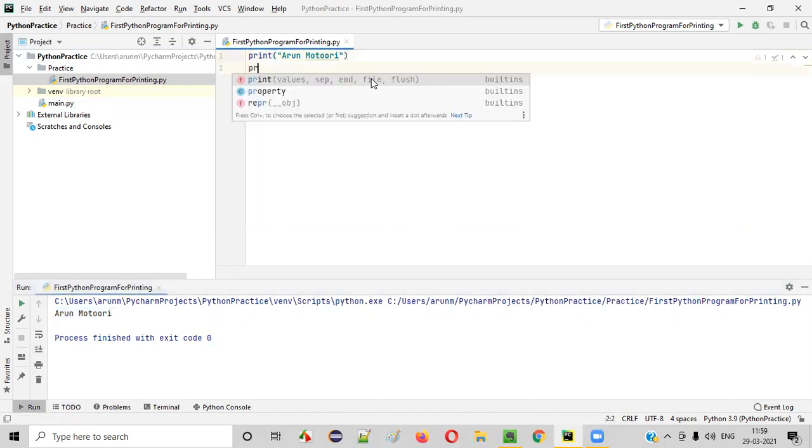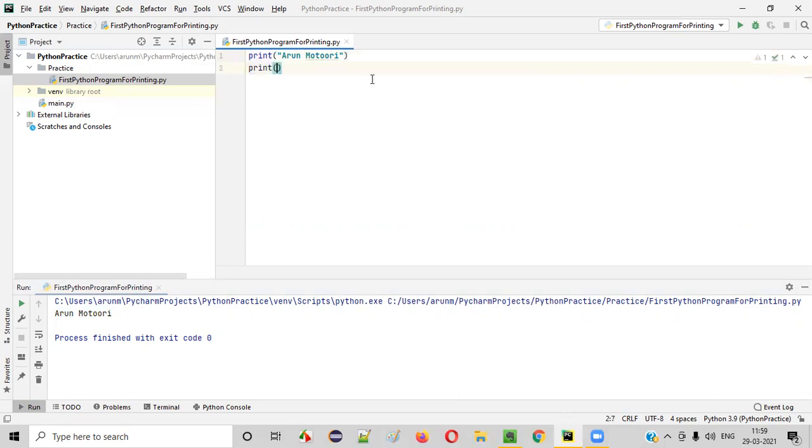Similarly, I'll type one more print statement. So here this time guys, in the first print statement, I surrounded the text that needs to be printed into the output console with double quotes. As you can see here, double quotes are there. Now, instead of double quotes, I can even use single quotes. Here I'll say Selenium Python training.